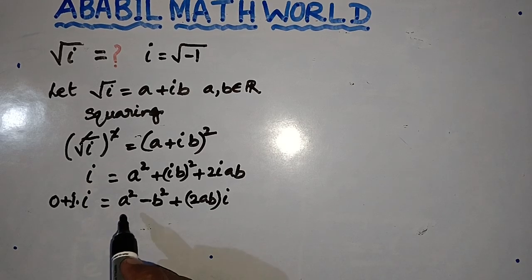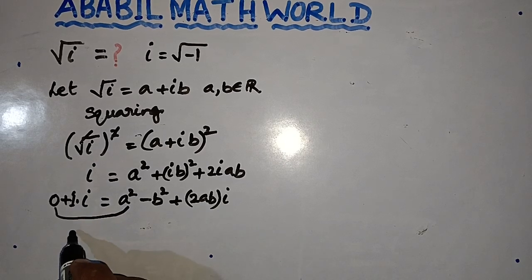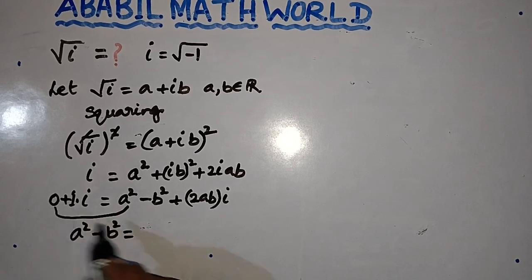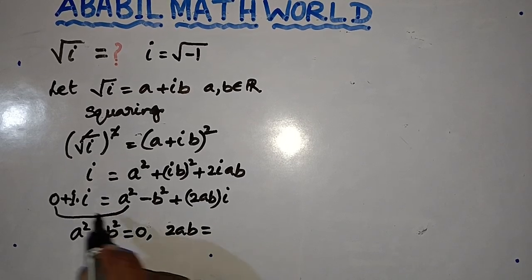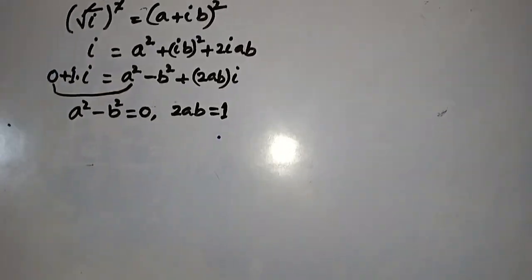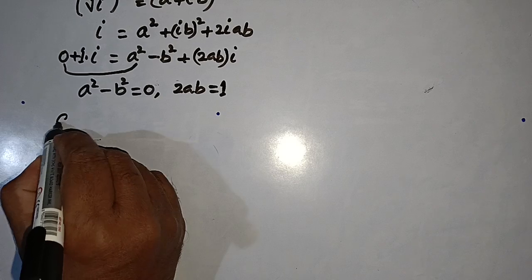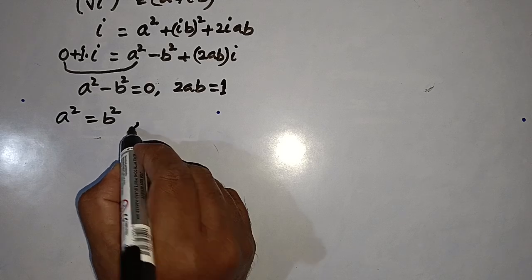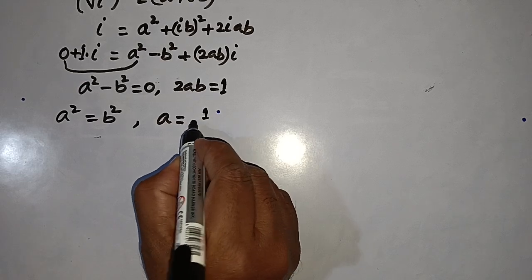So comparing the real part and the imaginary part, we will get a square minus b square is equal to 0, and 2ab is equal to 1. So this gives a square is equal to b square, and from this if we take a, it becomes 1